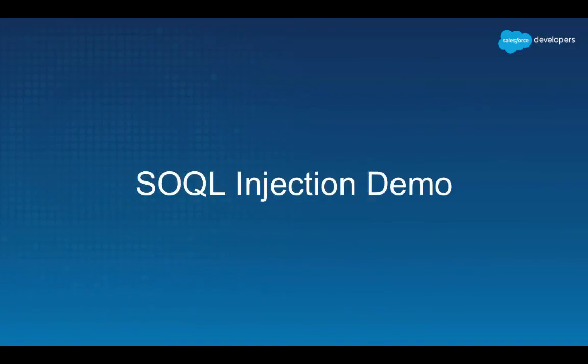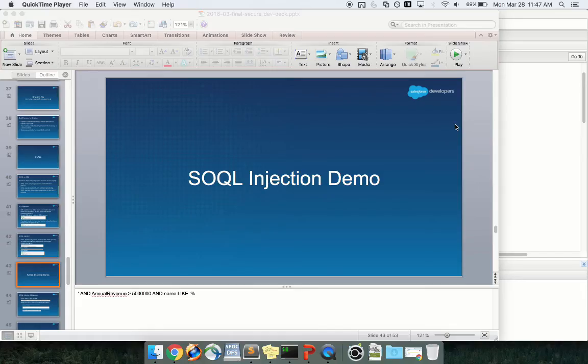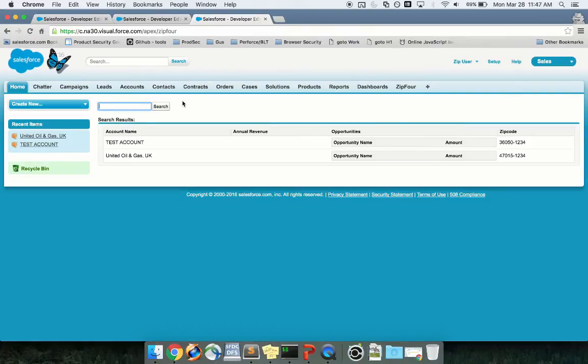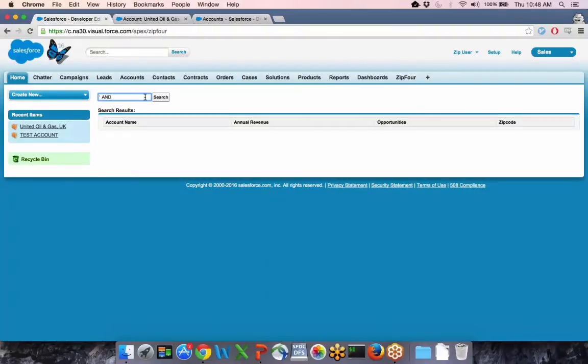So let's do a little bit of demonstration here. We can see here that the ForZip user can't see the annual revenue. But what can we do to bypass that if there's SOQL injection? So we'll close our query. We'll do and annual revenue is greater than, let's say, 50 million, and the name is like